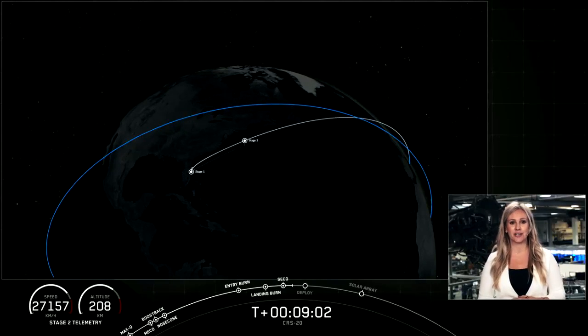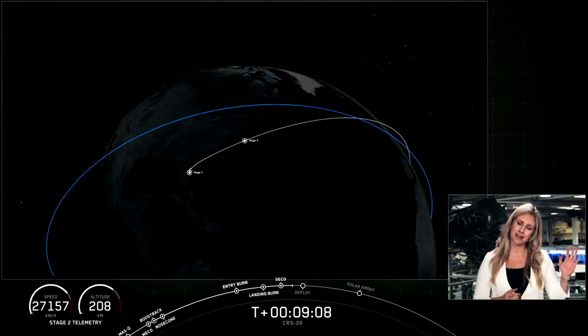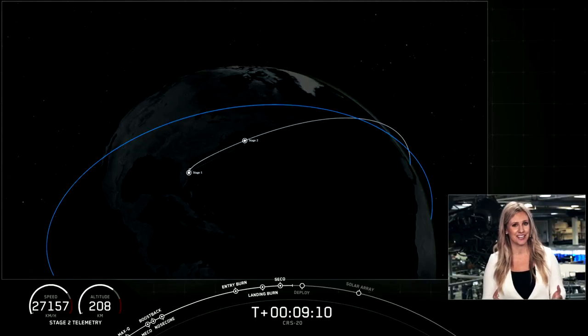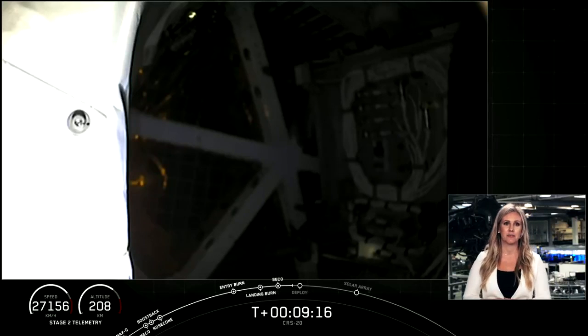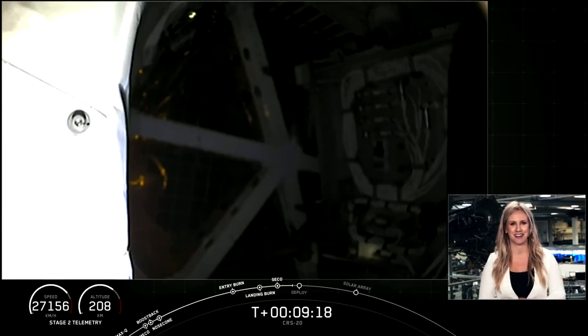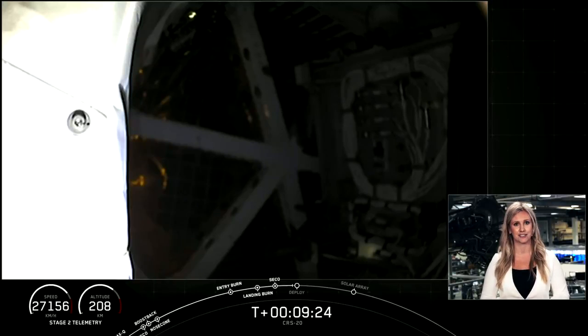So at this point, second stage is performing nominally. We had an on-time liftoff from Cape Canaveral, and among all the excitement, we did get the call out for second engine cutoff. So at this point, we're waiting to hear confirmation of good orbit. And we do have that confirmation. So good orbit has been confirmed, and at this point, second stage has one last major task to perform,